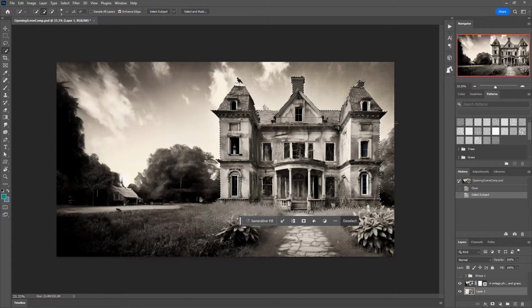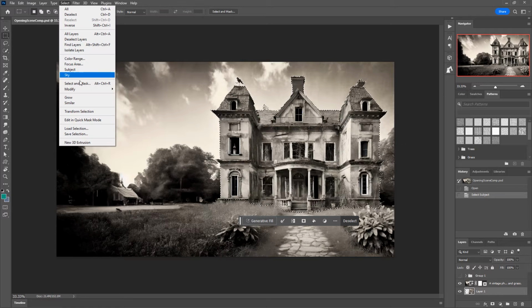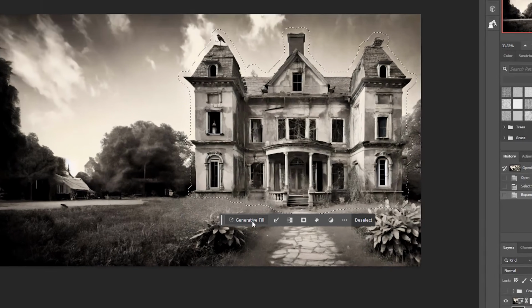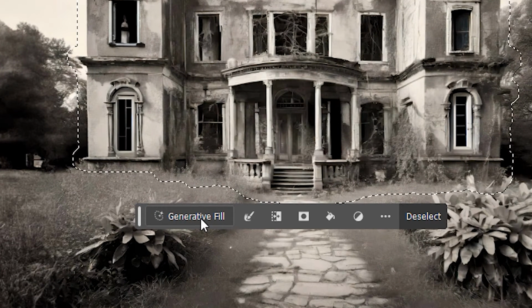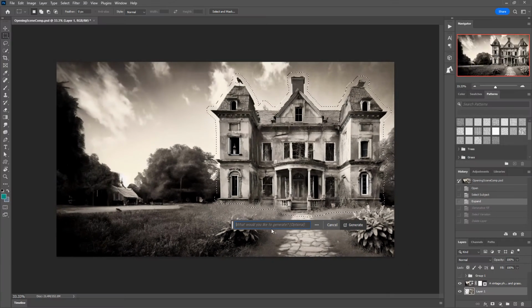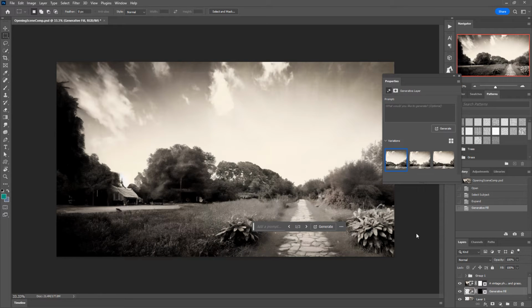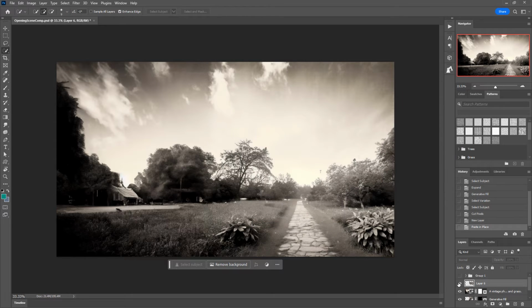With the outline selected, I went ahead and expanded the selection by 10 pixels to ensure nothing would be left behind in the cut. With the house cut from the scene to a new layer, I could now use the Adobe Firefly Generative Fill feature new to Adobe Photoshop in order to fill the scene for me to sit behind the house. This doesn't even require actually typing any text-based prompting into the box, as the AI will simply calculate what it believes should fill the highlighted space based on the rest of the image. As you can see, it does a pretty good job of this just on its own.